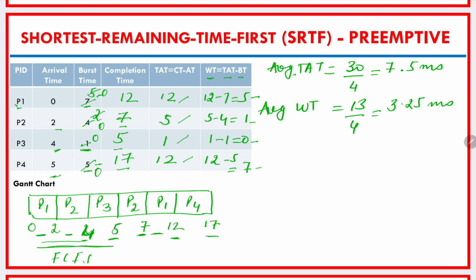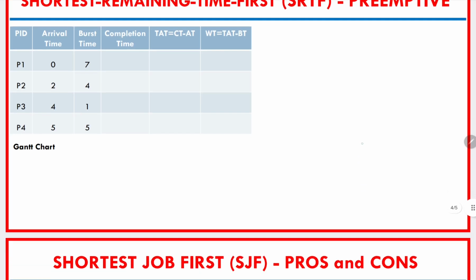Some more calculations are involved in this. We have to be very careful while we are taking into consideration which process will get the access of CPU at what time. If you see over here, the processes are coming and gaining the access of CPU multiple number of times because they are preempted from executing on the CPU in between, as their burst time was more as compared to the process which is already there in the ready queue and is having smaller burst time. Then let's see what are the various pros and cons with regard to